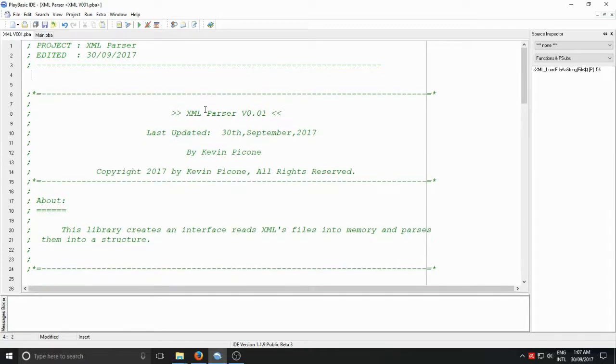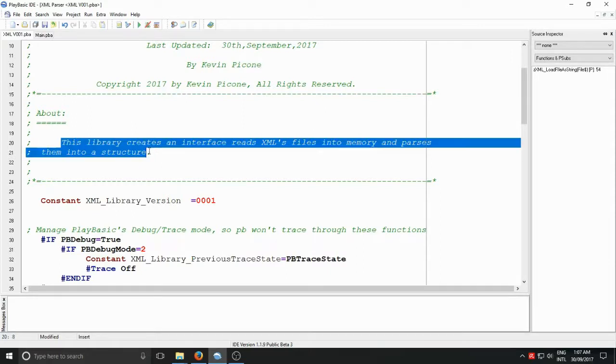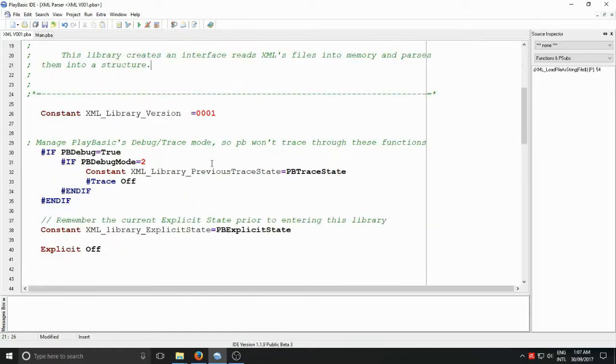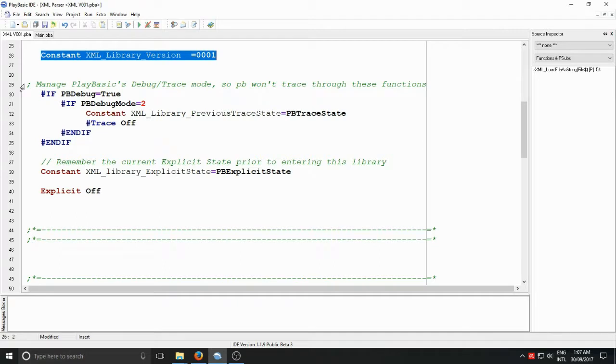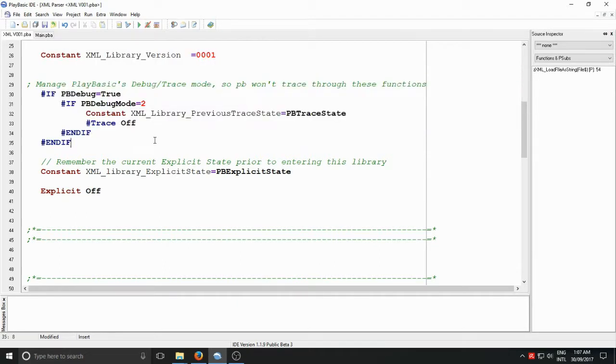I've copied a bit of the structure across from the standard templates I tend to use, given it a little bit of a description about what this thing is meant to do. At the moment, it doesn't do anything. Got some constants for a version number, some stuff here that manages the PlayBASIC debugger and trace modes,